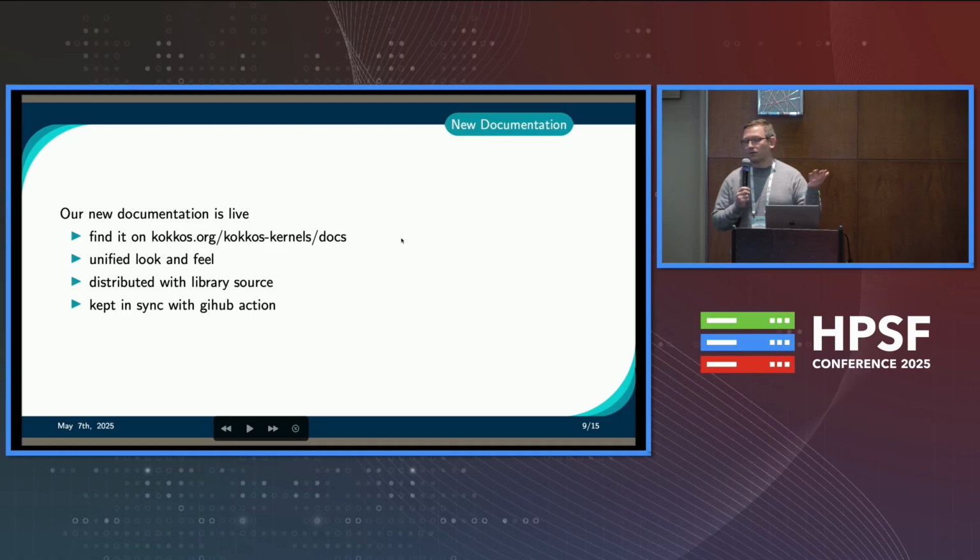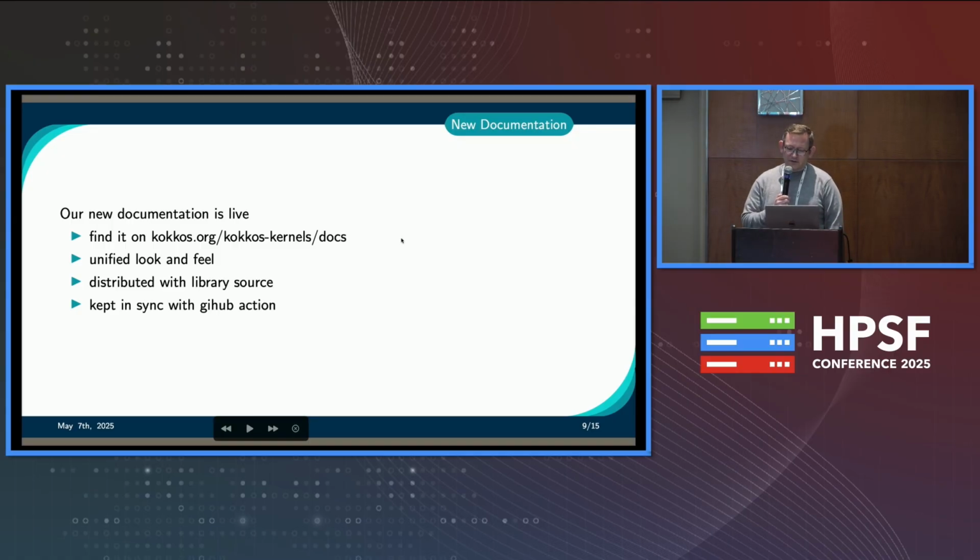So if you look at Kokkos-Kernels, you'll see a /docs directory, and it contains all our library. One of the nice things that it gives us is our documentation is kept in sync with the source. So potentially, when we'll be at 5.3, you could go back to 4.7, which is going to happen in 4 months, supposedly, and you'd get kind of a sourced,